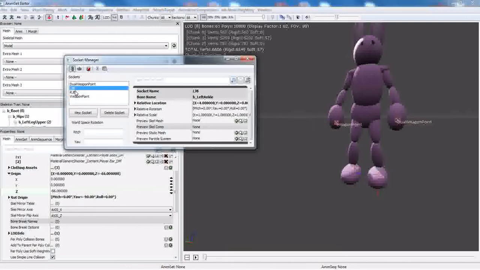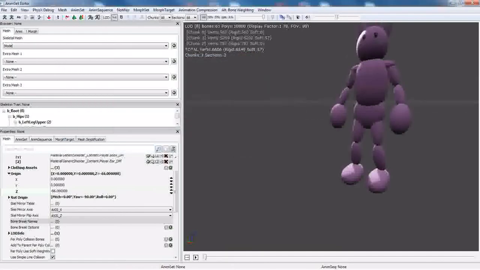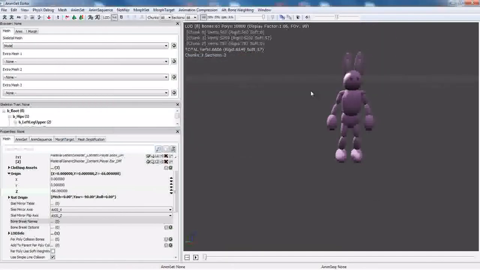But these other ones, these two are used for the hoverboard when you're playing vehicle capture the flag, and the dual weapons if you're using two pistols or something like that. Or if you're using, I believe it's called the Stinger in Unreal, the chain gun thing they got. Alright, so now that we got all that done, you can test your model real quick inside the editor